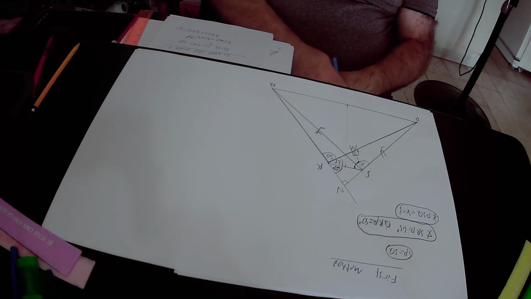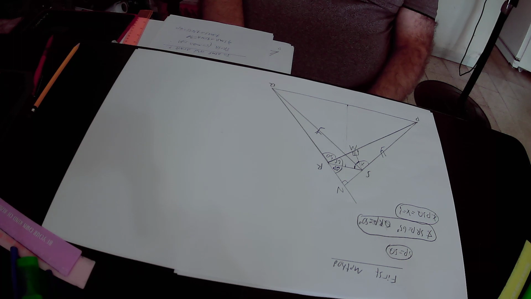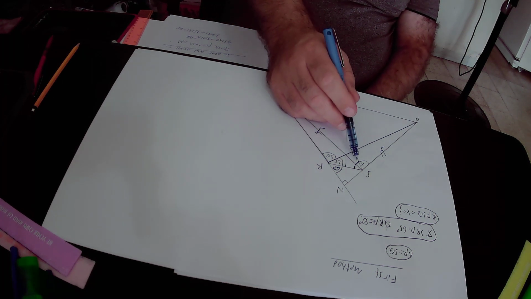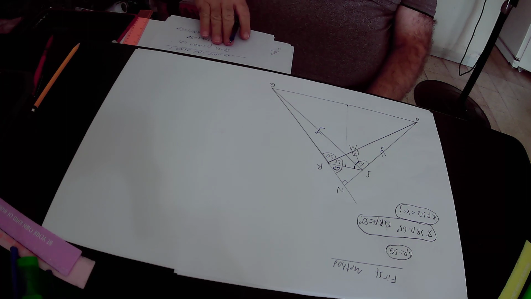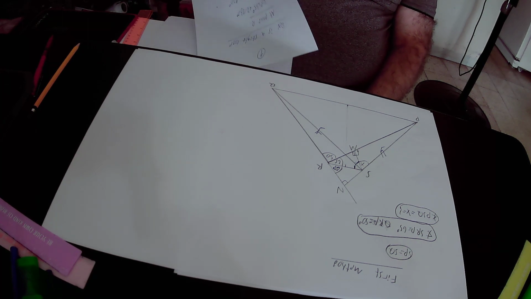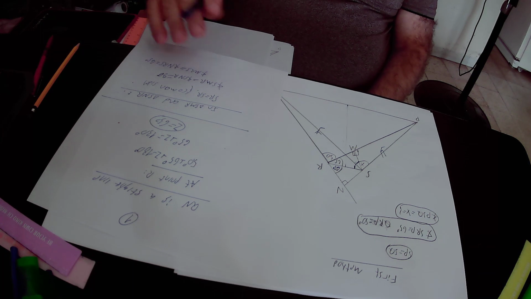So according to the rule that the sum of the angles in any triangle equals 180 degrees, the size of the third angle must be equal to 180 degrees minus 155 degrees. So the size of angle MSR